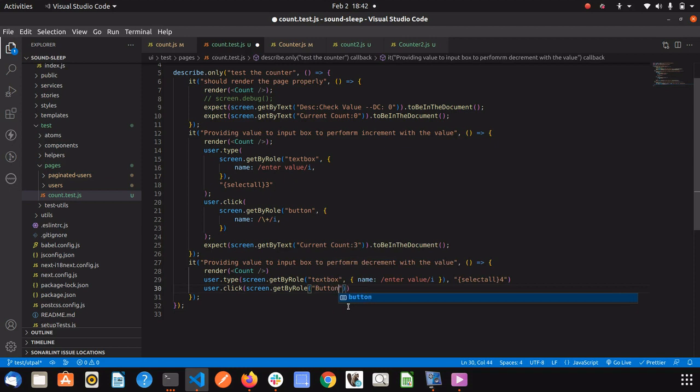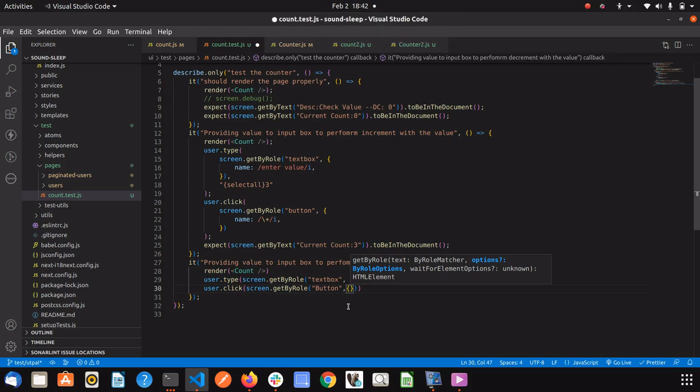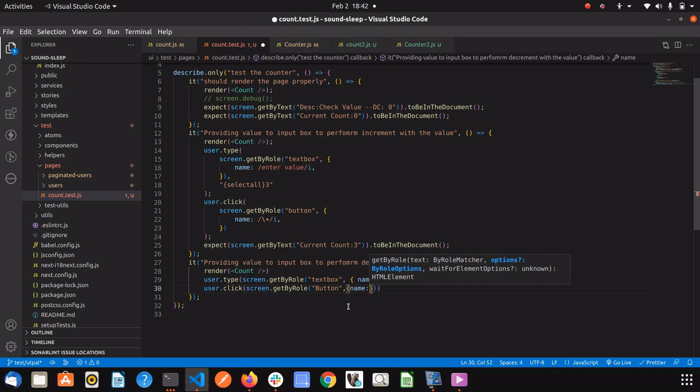We need to find the button first, and then we need to go for the minus button basically. So we need to specify the name is minus, right? We need to click on the minus button, and what we should expect